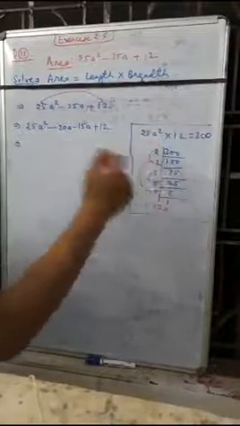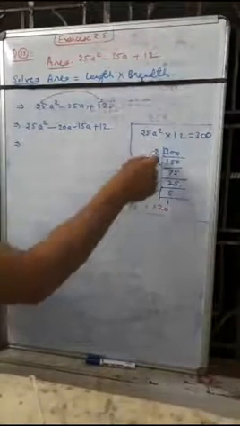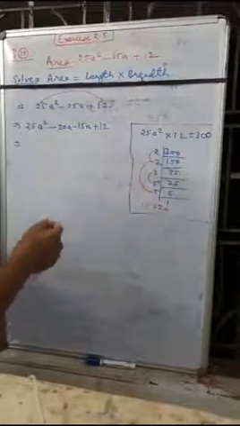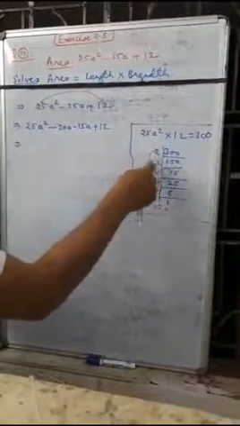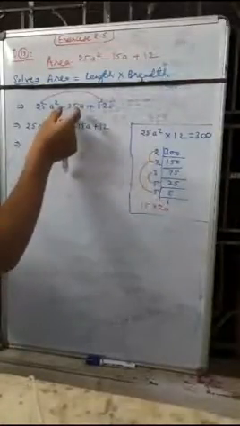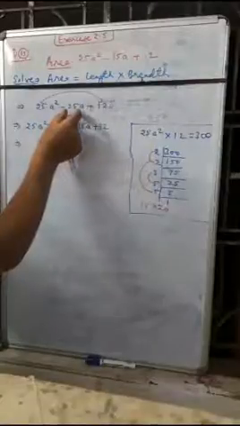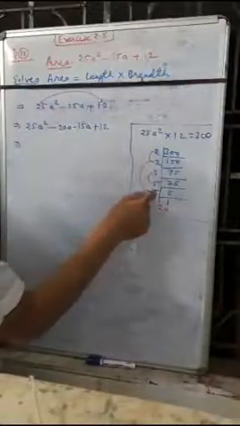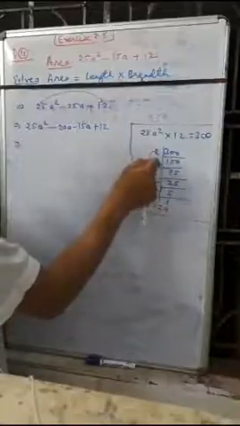Now we factorize 300, and we get 2, 2, 3, 5, 5 as the factors of 300. We have to use these factors to make the addition or subtraction equal to the middle term. So we are taking 5 threes are 15, and 5 into 2 into 2, 5 twos are 10, twos are 20.